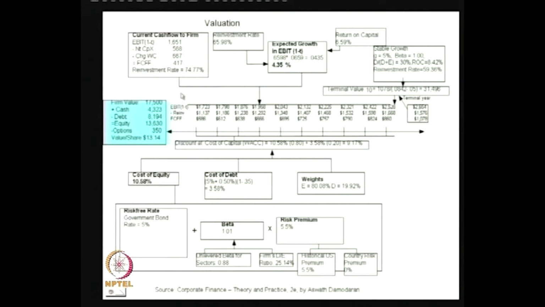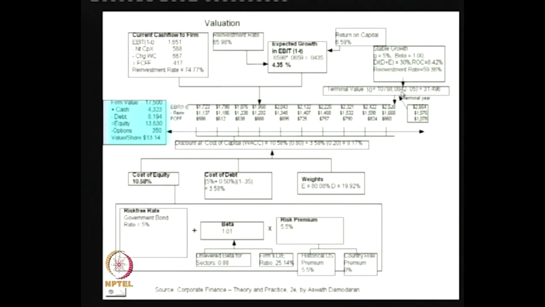So, 113, that is applying the reinvestment rate of 65.98% or the 59.36% depending on that. Here it has been 59.36%, it is 65.98%. Then you have got free cash flow for the farm from 586 crore, like that it has grown 61263 like this, it has become now 860, and the terminal year the cash flow is now 1078. So, this is the terminal value, the 11th year, which has been used to find out our terminal value T0.